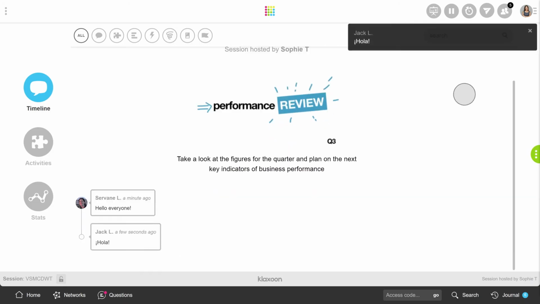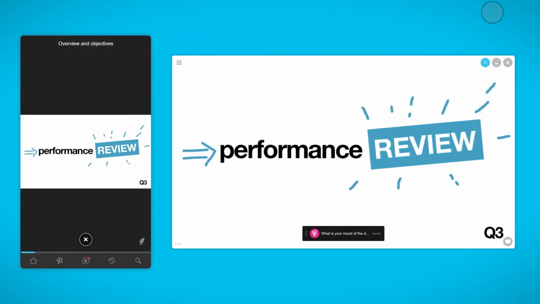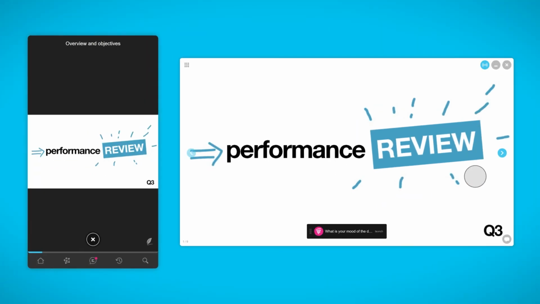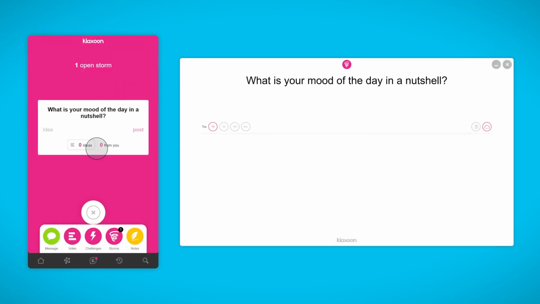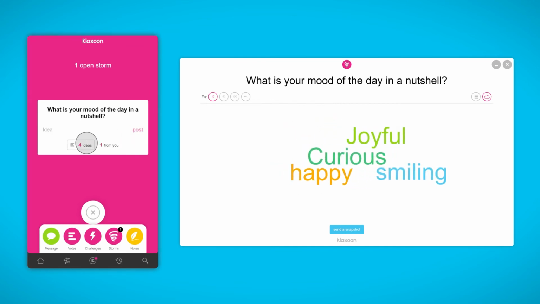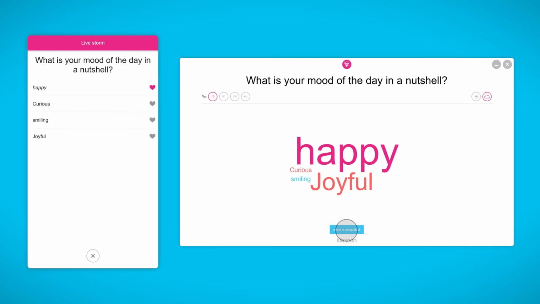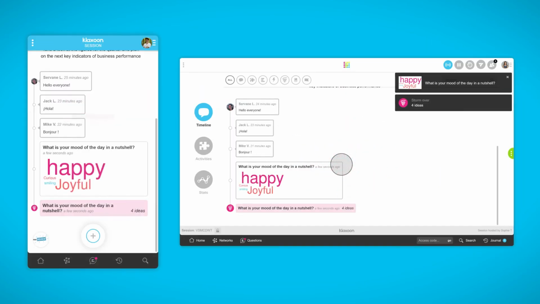At any time, start your presentation here and do not forget to activate SynchroPres so that everyone gets to see the same page at the same time. Let's go! In the first slide, launch the storm question prepared beforehand. Everyone participates and can like the ideas sent. The answers appear instantly. You interact with the team and share a capture of the word cloud in the timeline.